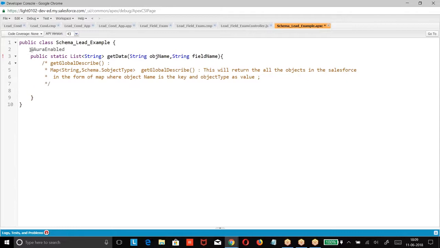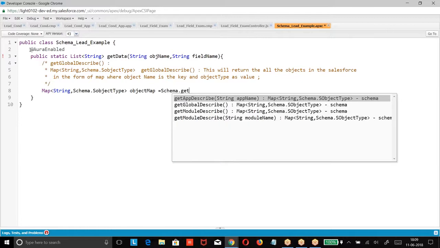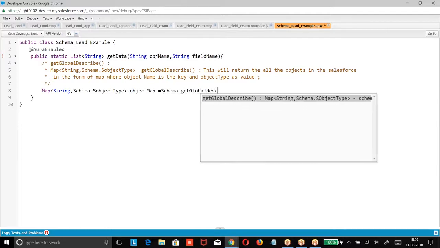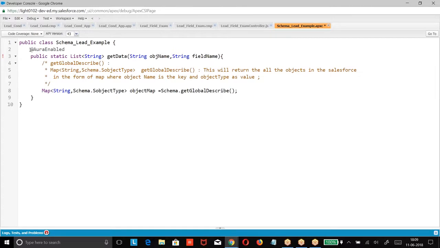So Map of string comma Schema.SObjectType objectMap equal to Schema.getGlobalDescribe, get all the objects in the Salesforce in the form of map.